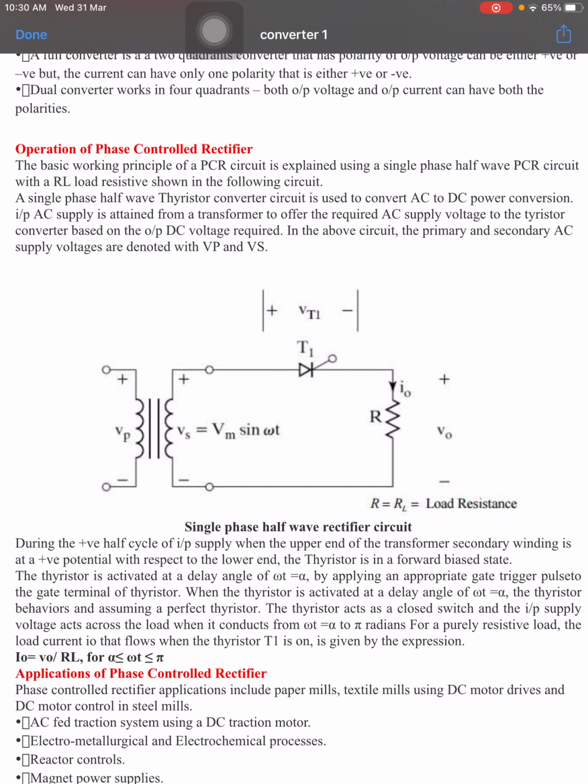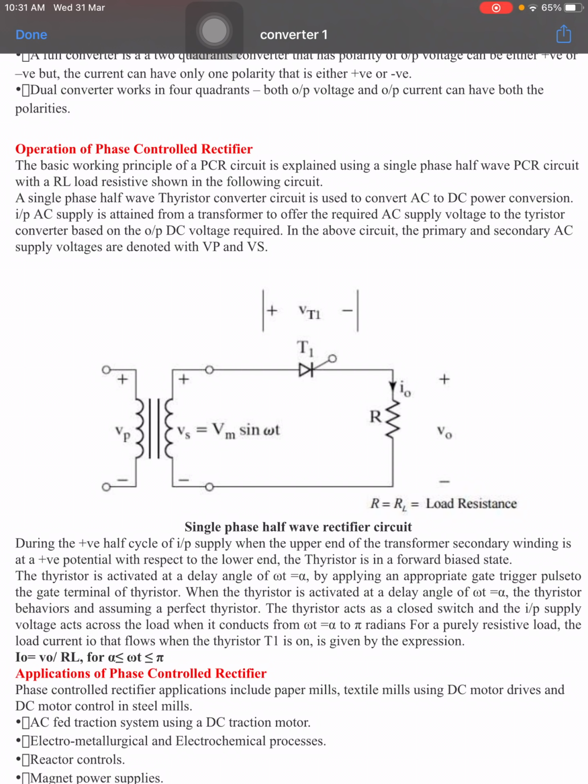When you observe this diagram, positive voltage is applied to the thyristor T1. It is short circuited. It is forward biased. How can we say it is forward biased? The plus is applied to the anode, so it acts as a forward biased condition. When you apply the gate pulse, the thyristor turns on, meaning the thyristor voltage is equal to 0. Then what is the load voltage? That is equal to the source voltage, because the current flows from Vs to the thyristor, the thyristor to R, to minus Vs. That is case 1.